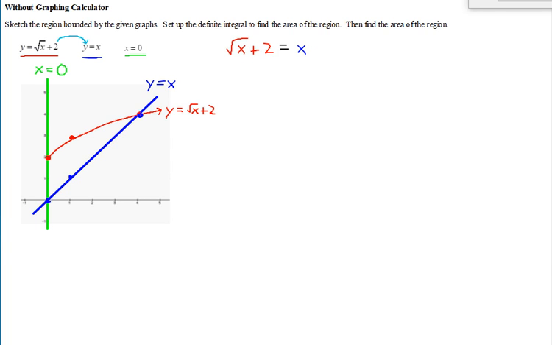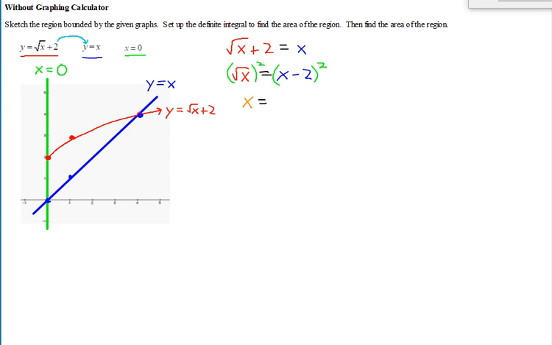So if we isolate that first by subtracting a 2 from both sides, we'll get square root of x equals x minus 2. And then, to get rid of the radical, the reverse of the square root is squared. So if we square both sides, that cancels out the square root, and you get x equals